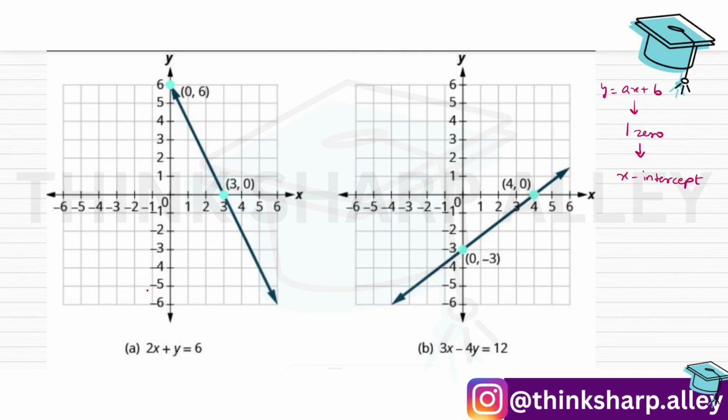Like for example, this is the graph of the equation 2x plus y equal to 6. It's a linear polynomial, and hence we have a straight line. It cuts the x-axis at (3, 0), which means the zero of this polynomial is 3. In this case, again we will have 1 zero. So in this case, the zero of the polynomial is 4, or we say the x-intercept is 4. In this case, the x-intercept is 3. And here the y-intercept is 6. The y-intercept is the point where the graph cuts the y-axis. Here the y-intercept is minus 3. But since we are talking about zeros, the zero is always the x-intercept.